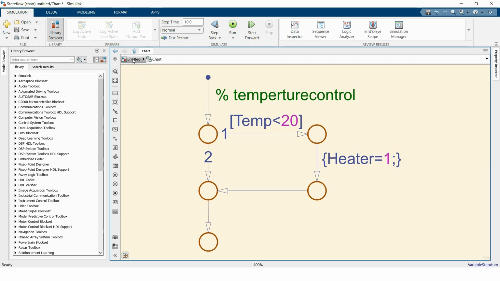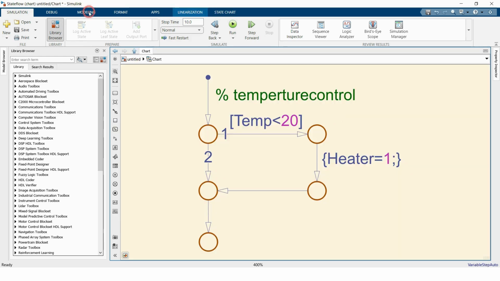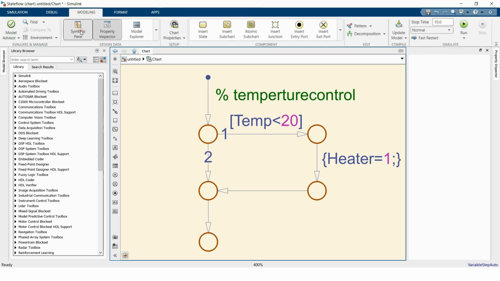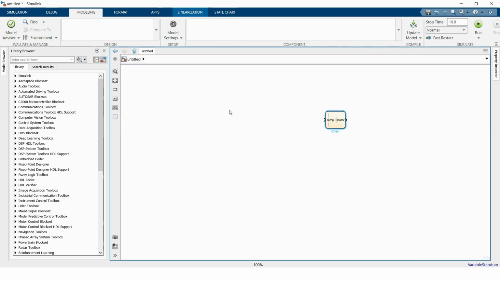And I'm going back to Simulink. Sorry, we have to go to modeling and the model symbol panel. In the symbol panel, temperature is assigned as input and heater is output. I'm resolving the symbol here, and going back to Simulink again, and this is our temperature input,